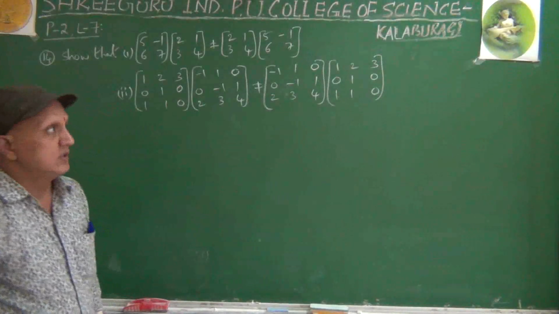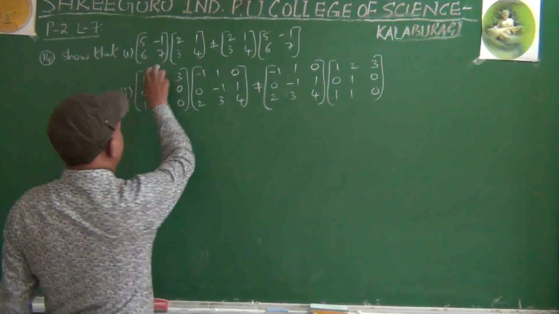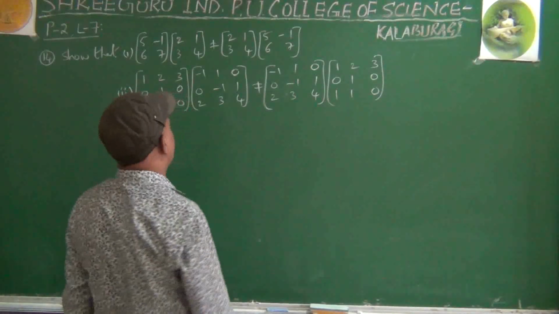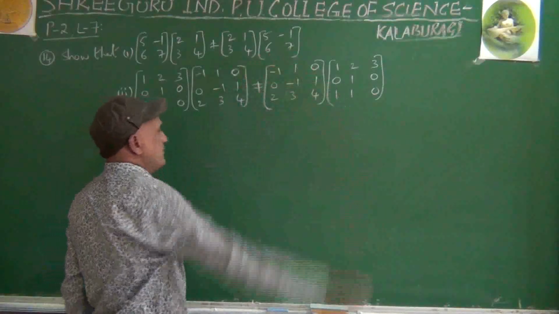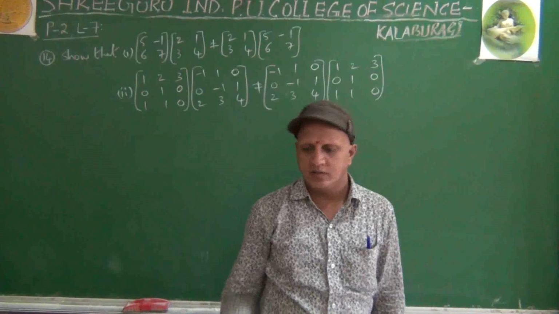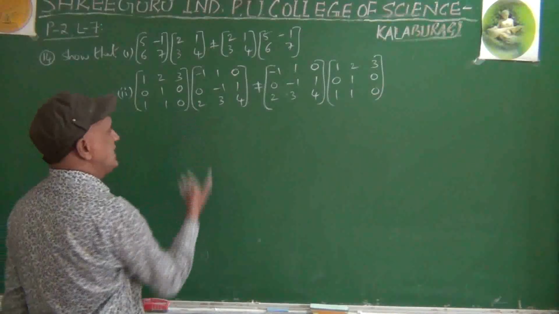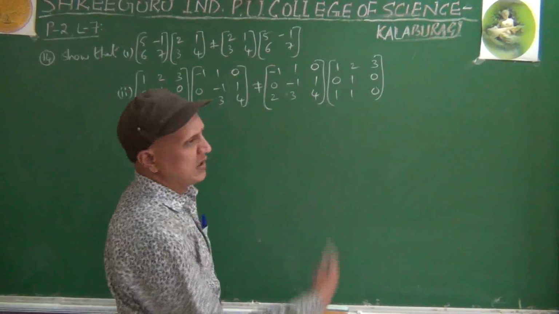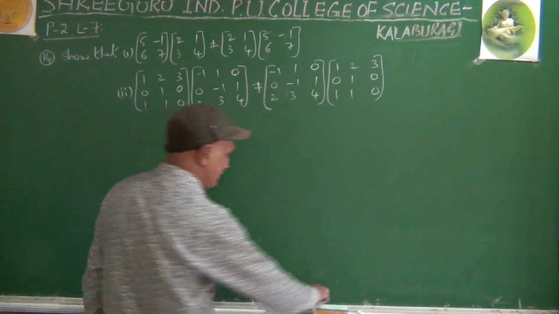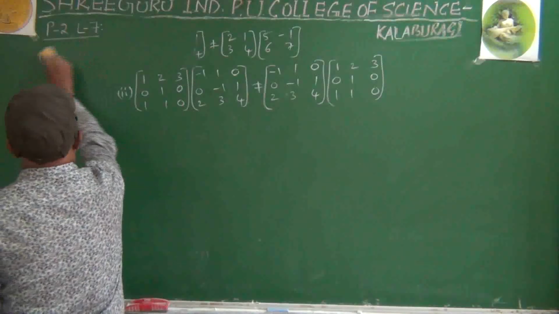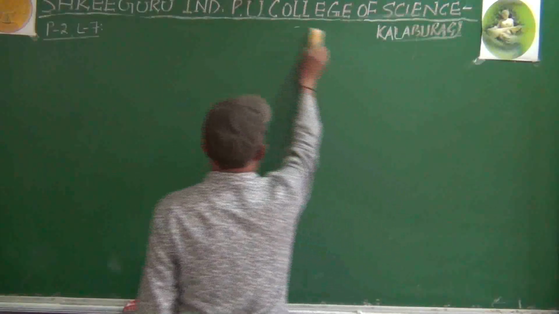Both are not equal. We multiplied 3 by 3 matrices: 3 by 3 times 3 by 3, answer also 3 by 3. 2 by 2 times 2 by 2, answer also 2 by 2. What we have to prove? Take LHS, multiply both, you will get some answer. Take RHS, multiply both, you get something else. Therefore, LHS is not equal to RHS. Here also the same thing. Finally, you will get LHS is not equal to RHS. This question you have to do as homework, because we have solved so many questions on this concept.